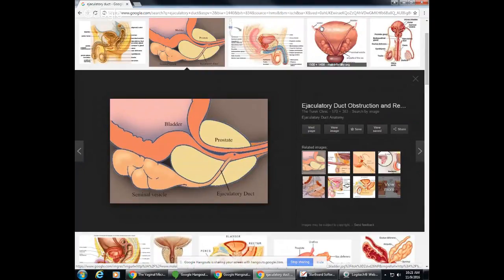And then as the vas deferens, or the ductus deferens, comes up into the body cavity, remember that it goes by the seminal vesicle. So the seminal vesicle contributes most of the fluid to the semen. And so that is the ejaculatory duct. So you can see the ejaculatory duct combines with the prostatic urethra in that part that is going right through